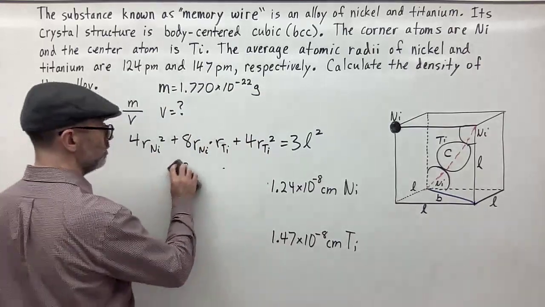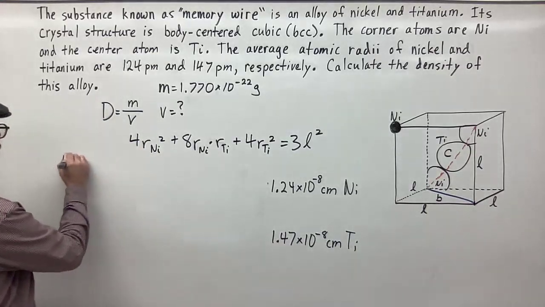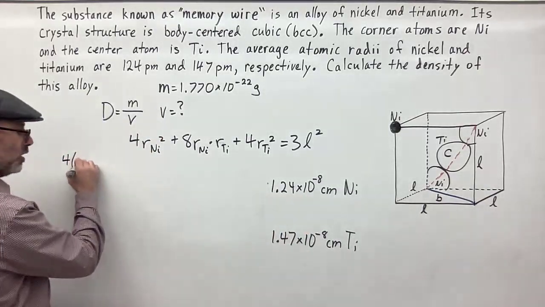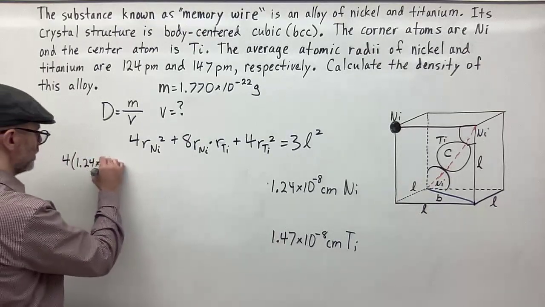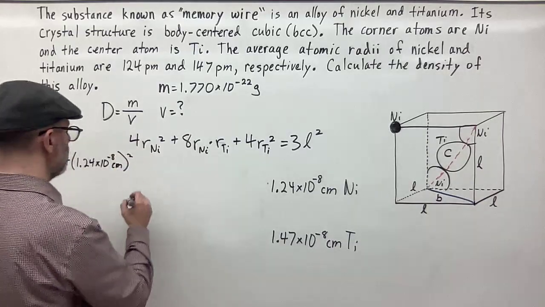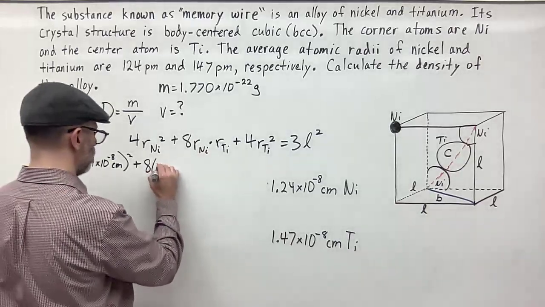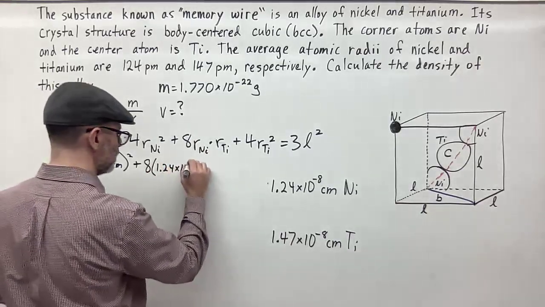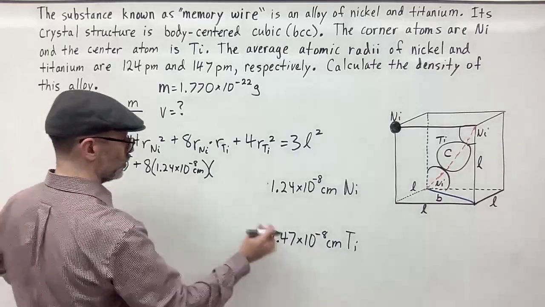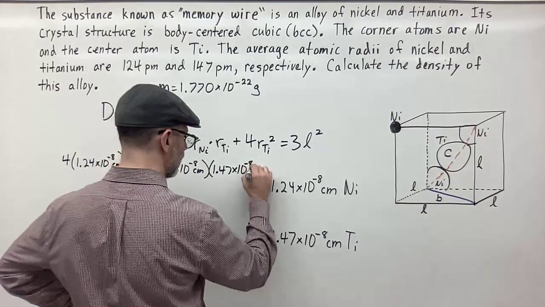So I'm going to go ahead and put this in. 4 times the radius of nickel, which is 1.24 times 10 to the negative 8 centimeters squared, plus 8 times the radius of nickel, again 1.24 times 10 to the negative 8 centimeters, multiplied by the radius of titanium, which is 1.47 times 10 to the negative 8 centimeters,